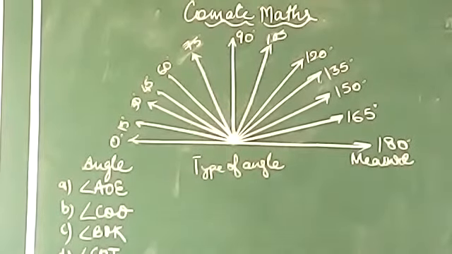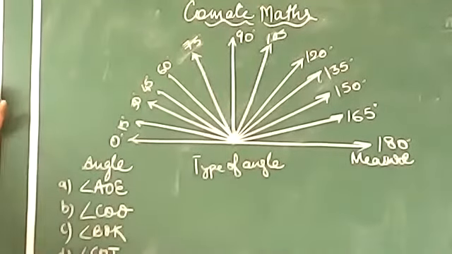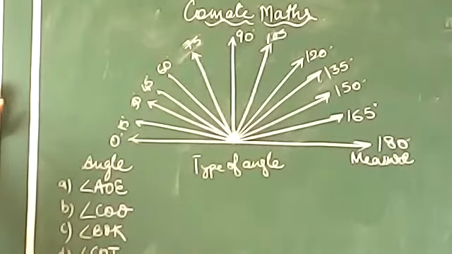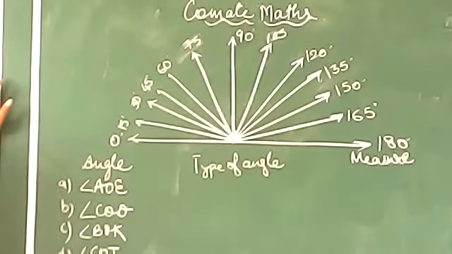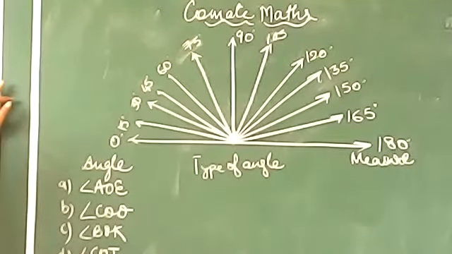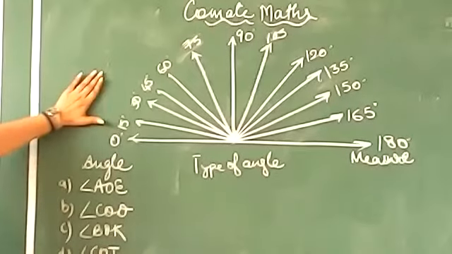Dear students, today we are here on the chapter Understanding Elementary Shape. If you remember, in our last class we started doing Comet questions. Comet classwork was completed by us, so today we are on the Comet homework part. In the Comet homework part, this question is related to a protector.